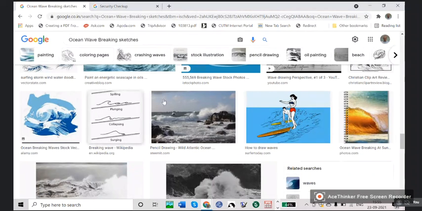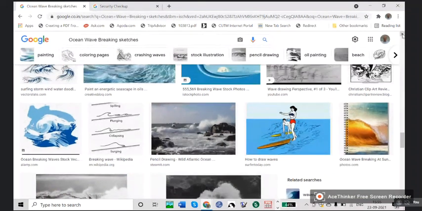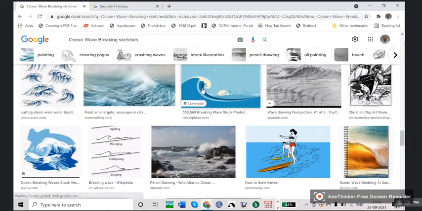If the slope of the beach is very steep, then it is called a spilling breaker. And when the beach slope is steep and the waves are also steeper, then it is called a plunging type. So plunging means, you have seen here in the earlier image, this is how it will come and it will plunge into itself. So this is called a plunging breaker.